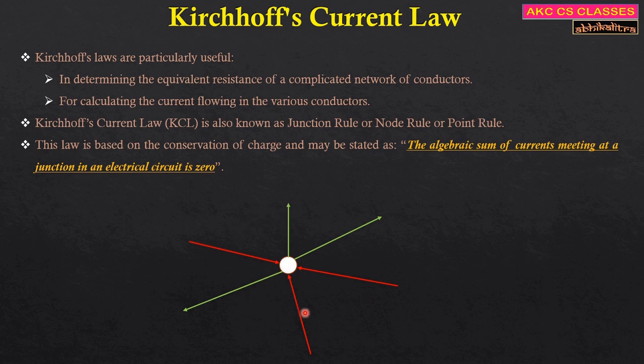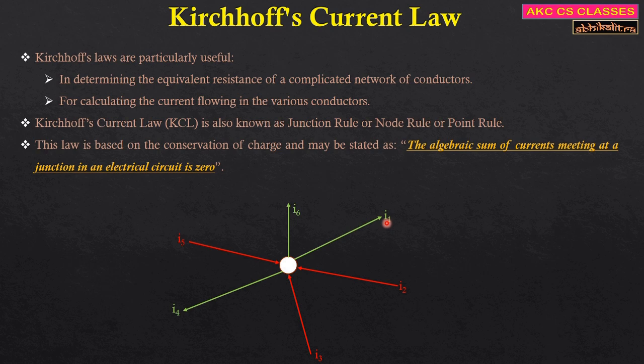If we consider these wires to be different currents coming and meeting at this point from the circuit, and this junction is a part of that circuit, right? We have to see whether the total current entering this junction is equal to the amount of current leaving the junction. So what we do is label all the current directions, or the current wires, which are entering or leaving this junction.